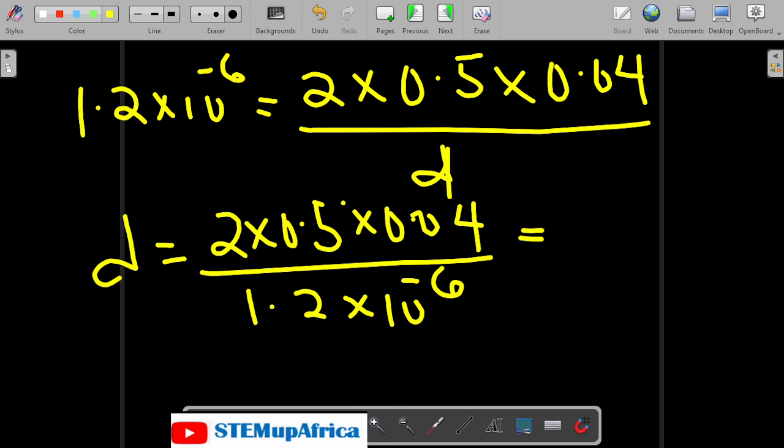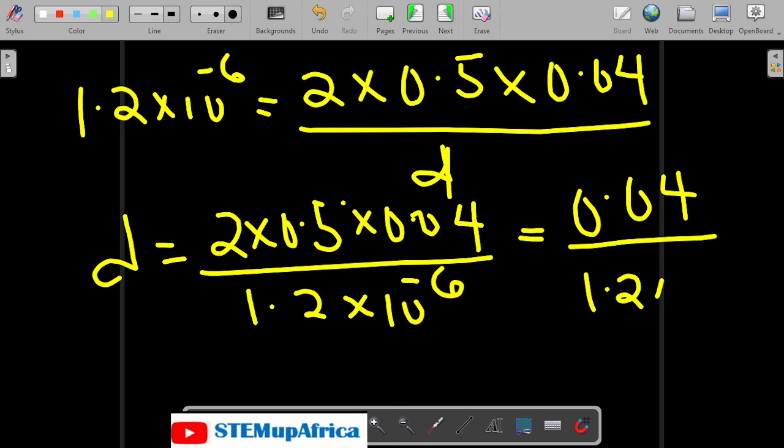So let's multiply the numerator: 2 times 0.5 times 0.04. That will give me 0.04 divided by 1.2 times 10 minus 6. If I divide by 1.2 minus 6, that will give us an error. Let me re-enter it. So my D will be 0.04 divided by 1.2 exponent minus 6. That will give me